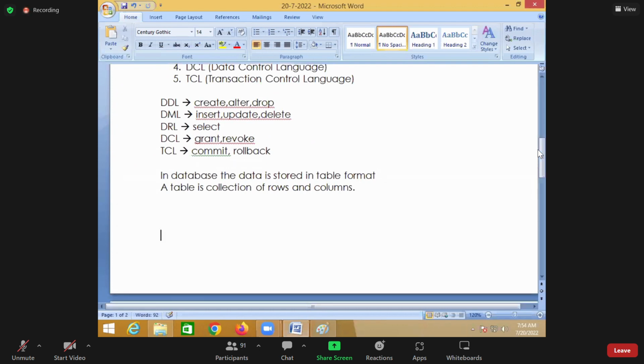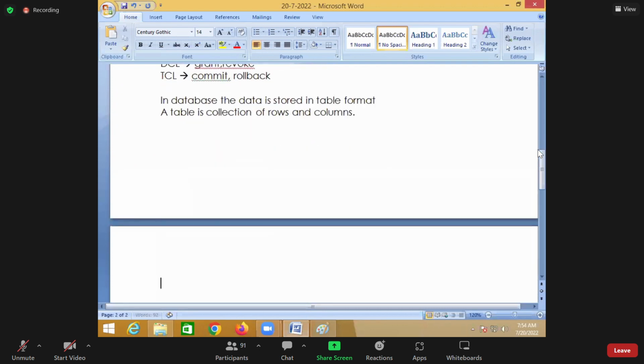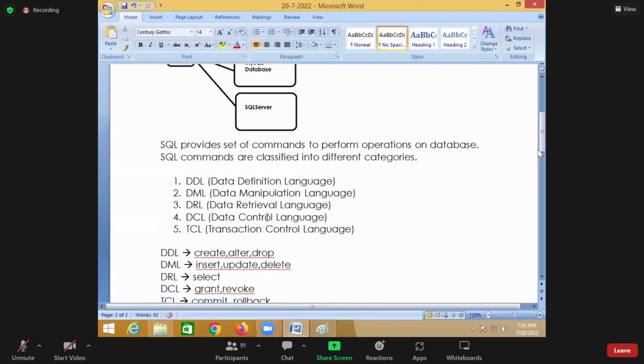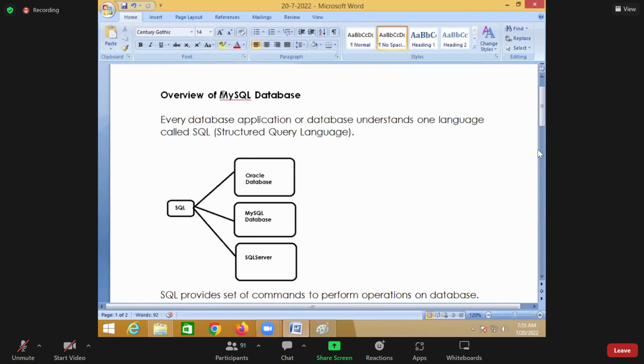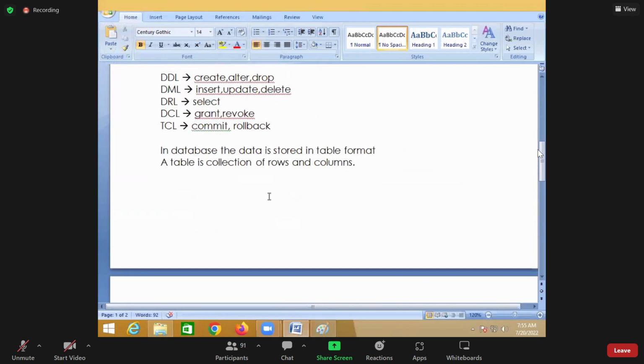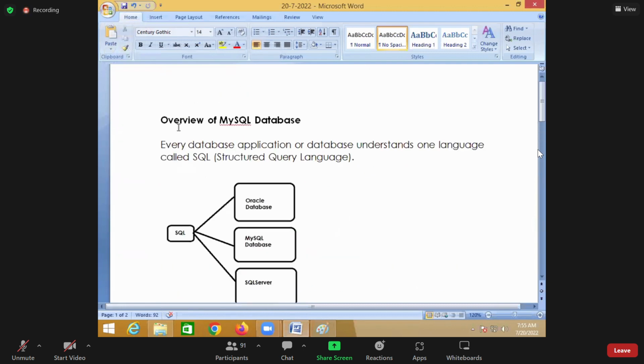Then next is how to open MySQL and start working. If you want to store the data, first you have to create a table. So how to create a table in MySQL? For that, first you have to open